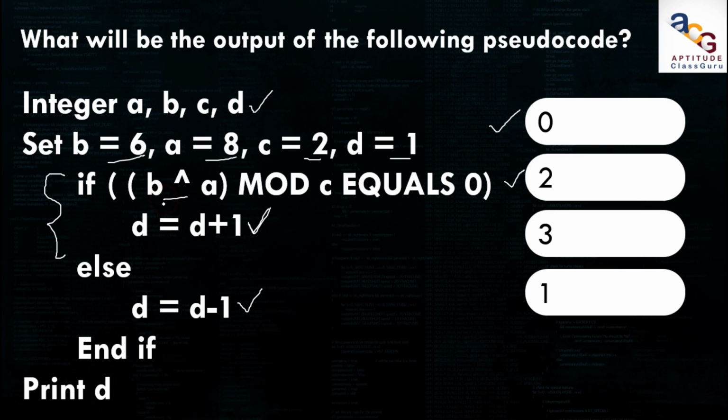The condition is given as A cap B. The cap is nothing but XOR operation. What is meant by XOR operation? We have to convert the variables into binary and we have to check for the XOR. What is the output of the XOR? If both the inputs are different, then only the output will be true. Such that, what is the value of B? It is 6, right? In binary number system, 6 is represented as 110. And how will A be represented? 8 will be represented as 1000. So, here I am placing some 0 in front of 110.